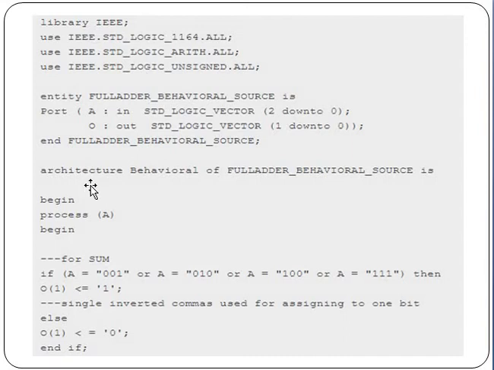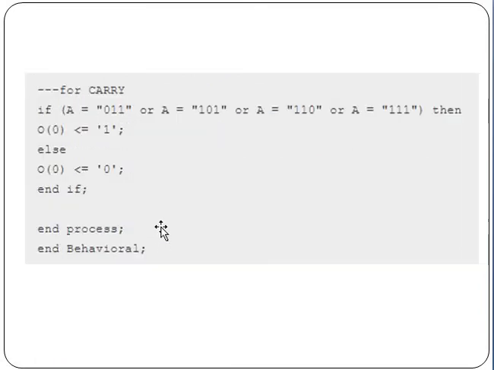Here we are using the behavioral modeling, so we are using the architecture as the behavioral of the entity. Then we begin, and we take the process with A, which is the input.